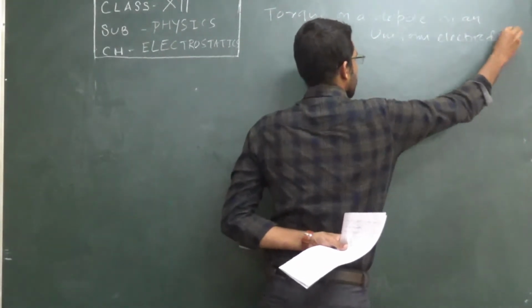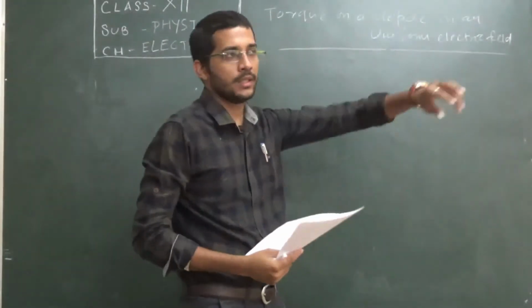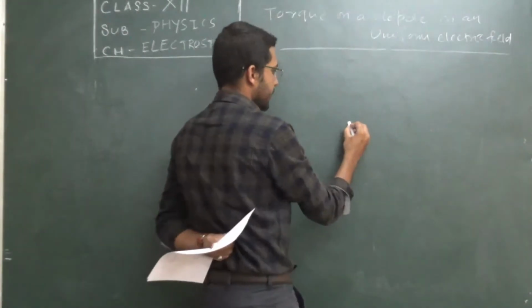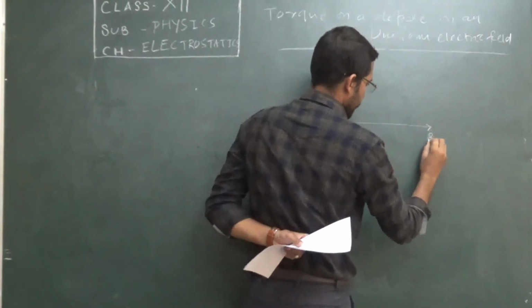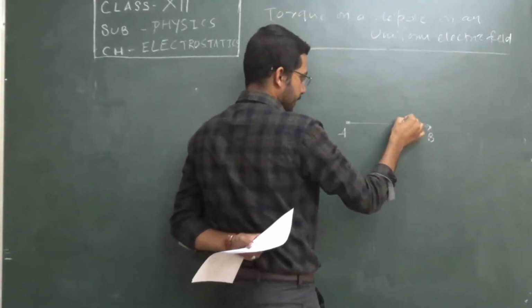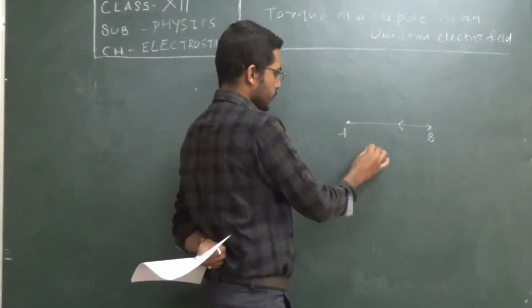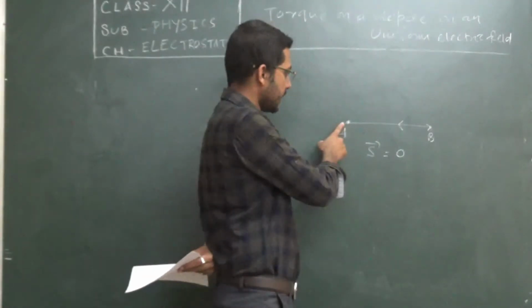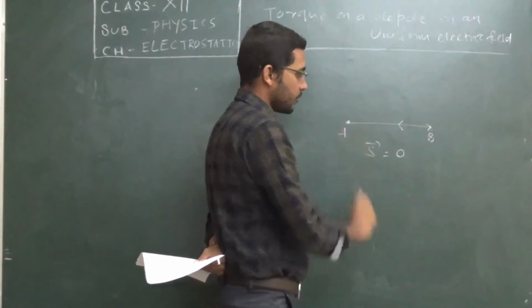Electric field. So this is a quite necessary concept. See, when we are talking about the displacement, let us consider a body started from here, point A, went to point B, and from point B again it retraced its path and reached point A. So total displacement is found to be 0 because the initial and the final position are the same. That's why the difference is found to be 0.